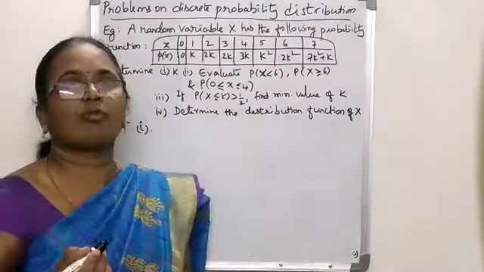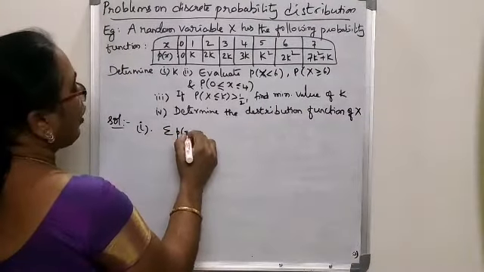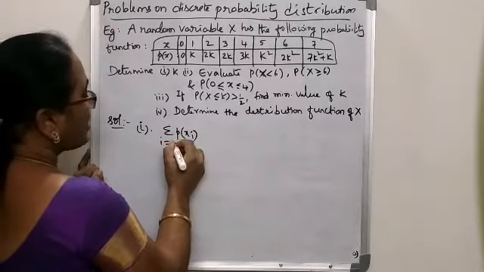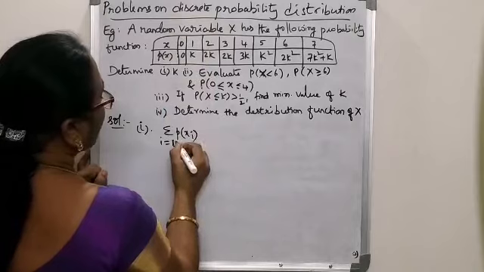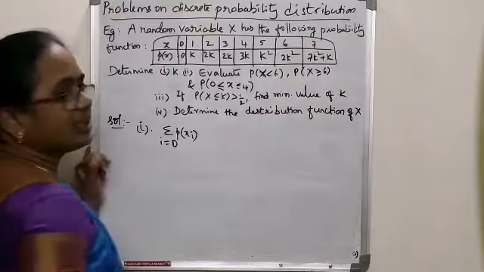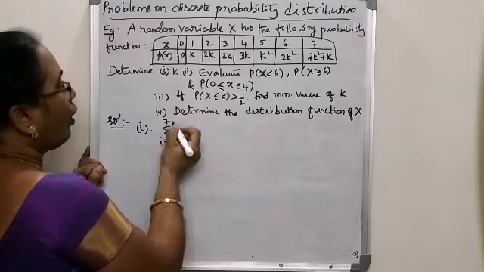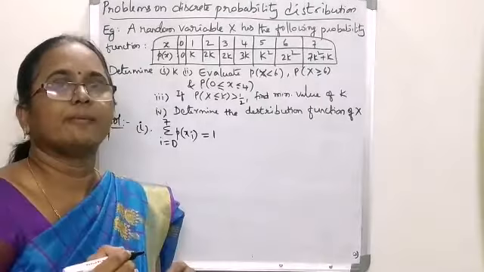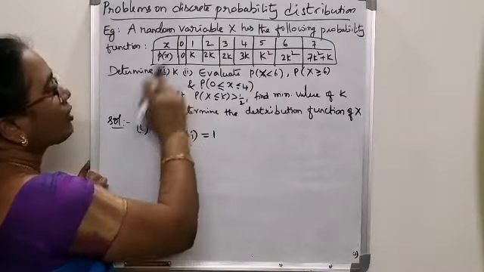From the properties of the probability function, it is known that the sum of all the probability functions, summation p of xi for i equal to 1 to, how many values are there? Starting from 0, we have x0 equal to 0, x1 is 1, similarly we have x7 is 7. So i equal to 0 to 7. The summation taken over all the probability function values is always equal to 1. This is one of the properties of the probability function. Using this, let us now calculate the unknown constant k.